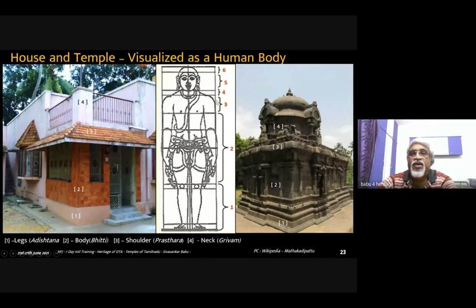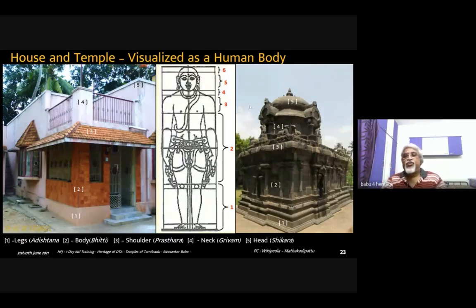The fourth part is your neck. Your neck is slightly inside, like that. This is a slightly constructed front balcony. This portion is like our neck, constructed and small, and again it handles the head portion. The top portion is like the Shikara, the head, which is a bulbous thing. It can be in different ways.